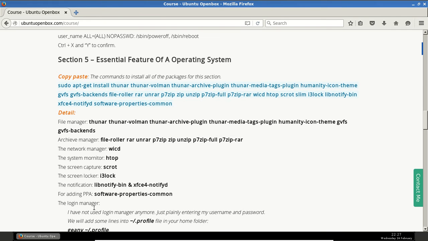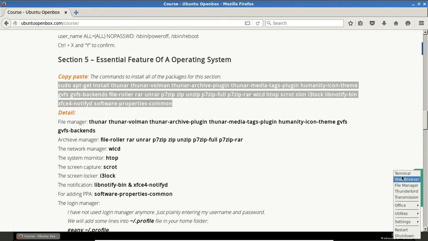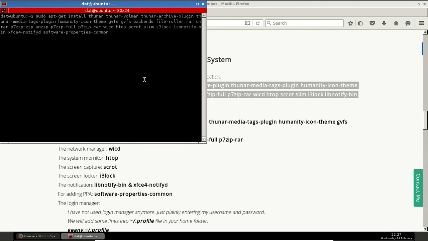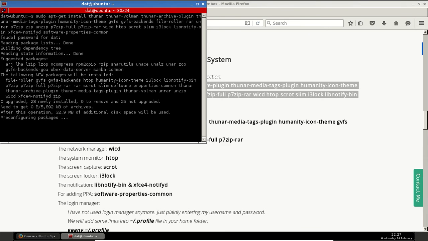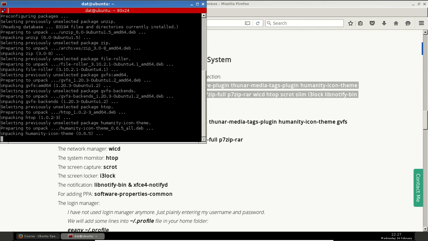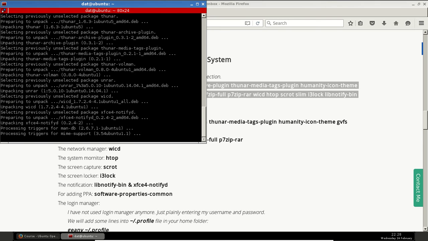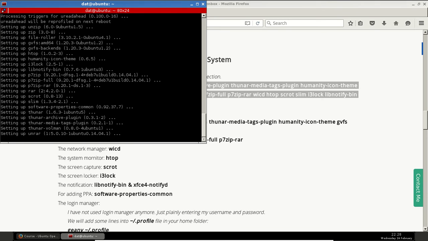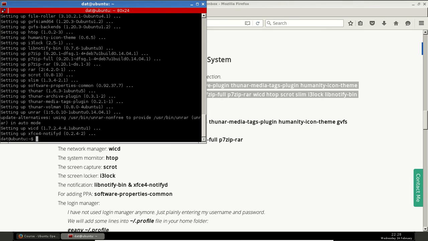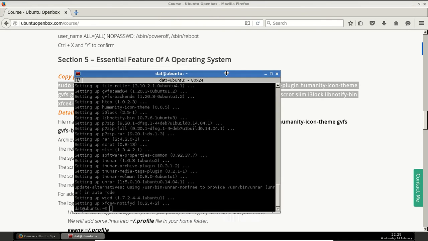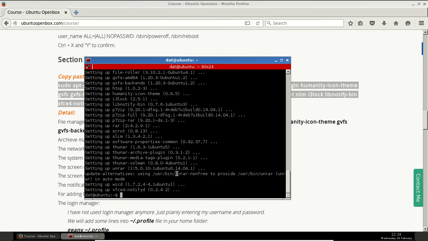So right click and copy, and we need a terminal. Paste and enter. Give my password. To save time, I have already downloaded all the packages, so it will just install. Okay,